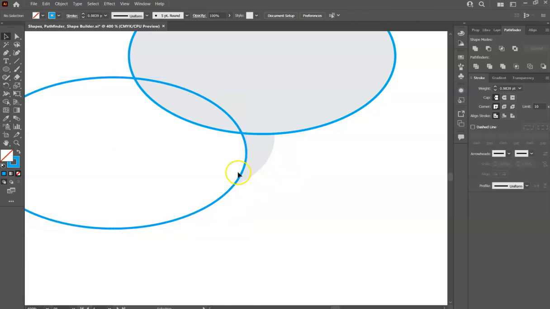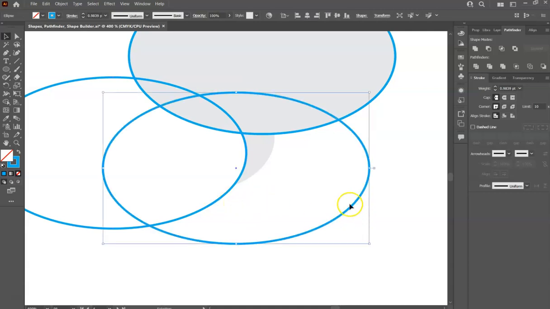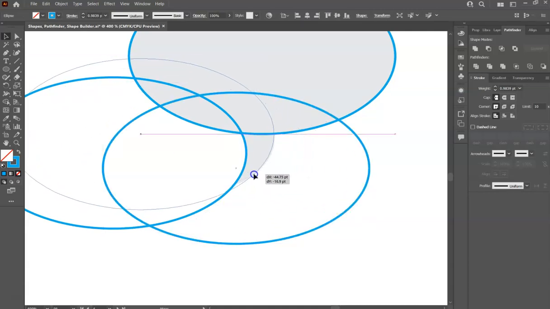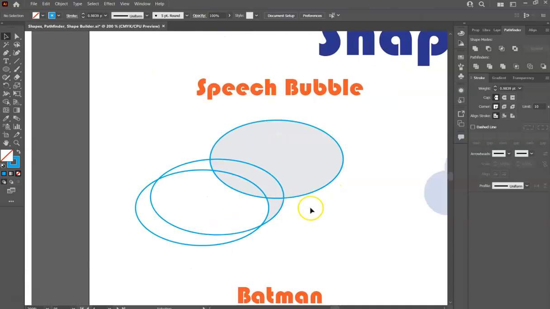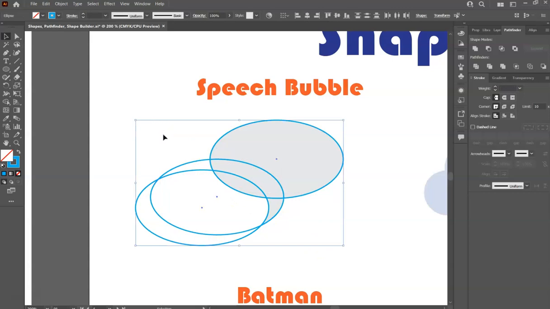Okay, now to get the other side of this, I'm going to do the same thing. I'll select it, Control C, Control V. Just kind of line that up. Again, it's not perfect, but it's okay. Okay. Now, with all of these here and lined up, I'm going to select all three of them, and I